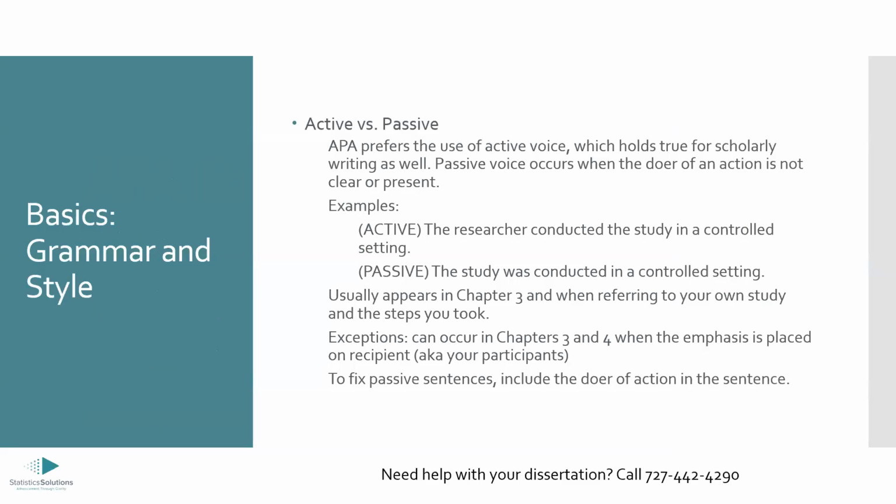Awesome. So first things first, APA is the American Psychological Association's rules and regulations for writing research. Like I said in the last slide, it contains two main parts or aspects. The first is grammar and style, and the second is references. So today we're going to start with grammar and style, and have a couple slides on that, and then a couple slides on references, and so on and so forth. So starting with grammar.